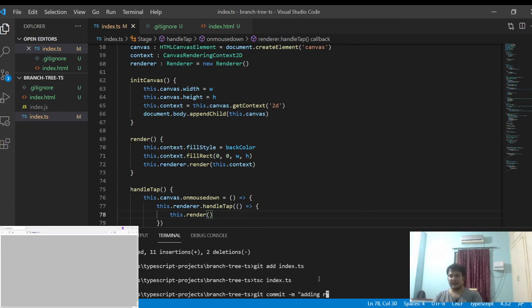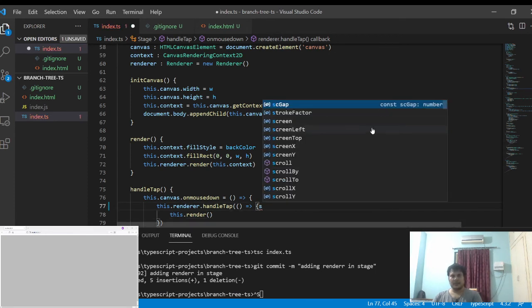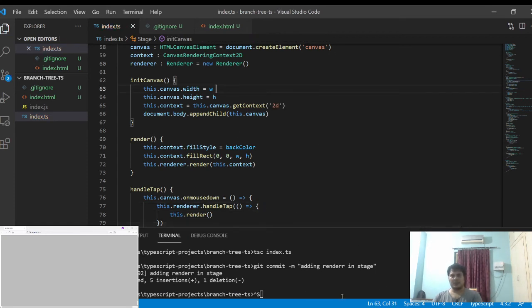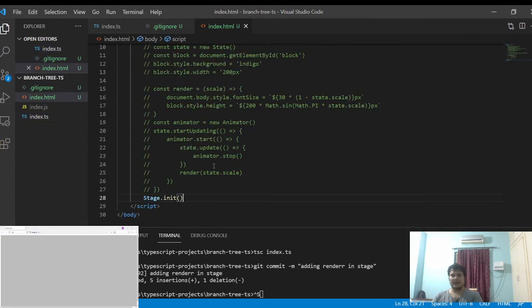So I will compile this and we'll see our demo, how it is working. I already have the stage.init method. I'll just refresh the page and you see nothing is working.